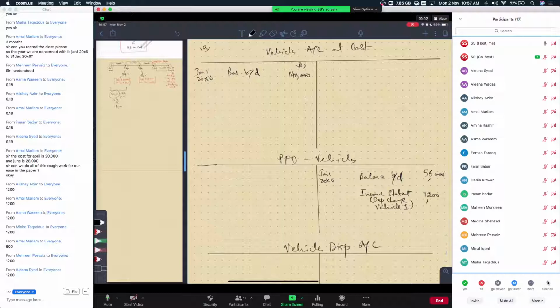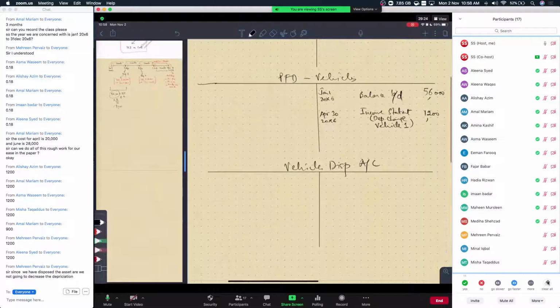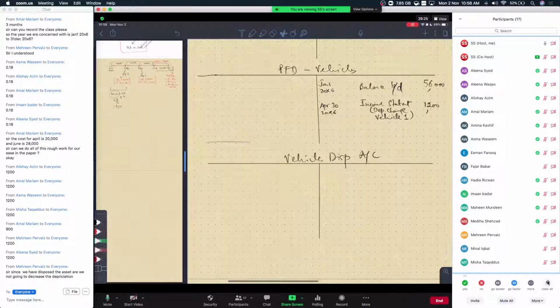So we understand this part. This depreciation charge will happen on April 30th, 20x6. Give me a green check if you understand this depreciation entry. This is not the usual depreciation charge that we are more familiar with. This is just done because our month by month depreciation policy demands that we should have